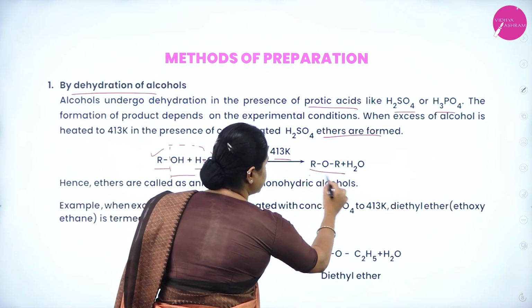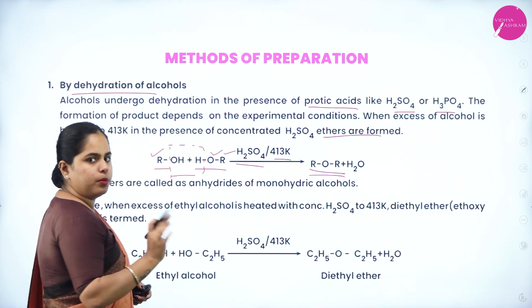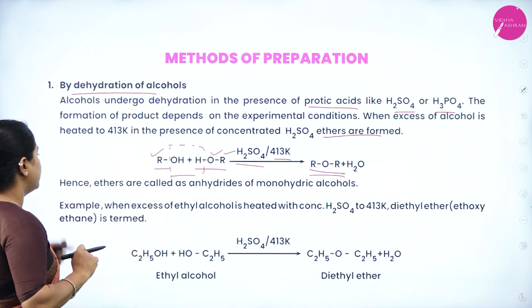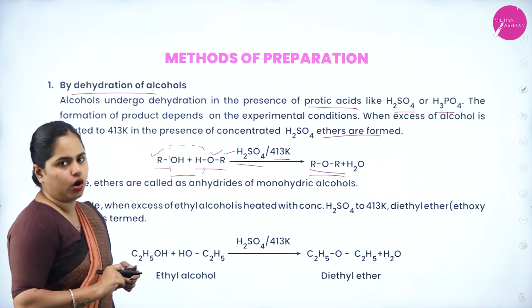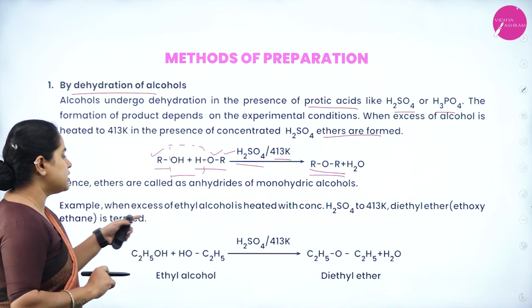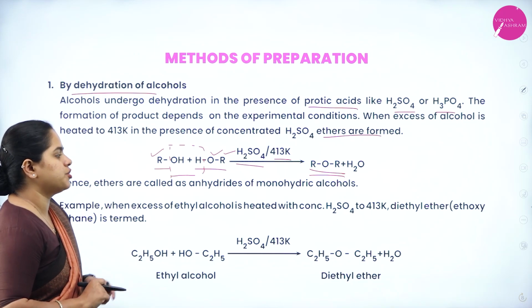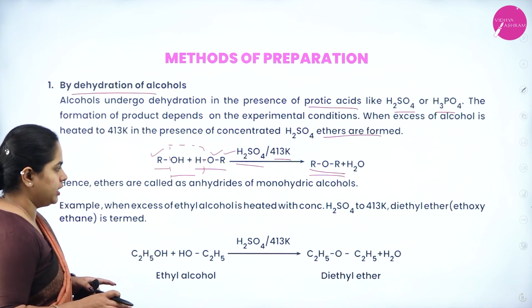So ROR is your what? Ether, and water will be removed. So it is simple, right? Now hence ethers are called as anhydrides of monohydric alcohols as well. Now when excess of ethyl alcohol is heated with concentrated sulfuric acid under the same condition, we are going to